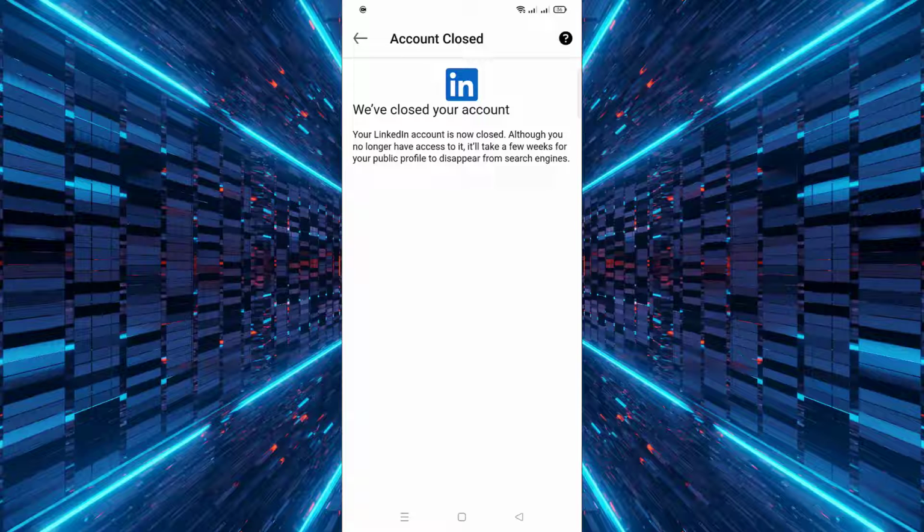Your LinkedIn account will now be closed, and all your data will be removed from the platform according to LinkedIn